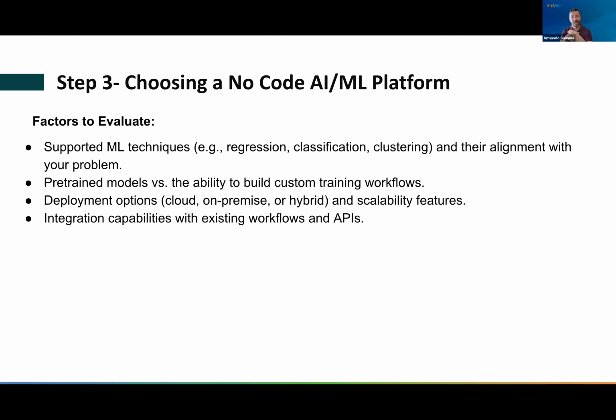So for example, Microsoft AI Builder, they already have a lot of pre-trained solutions for form processing. Google Cloud, they already have pre-built, pre-trained models for computer vision. But now there are other tools like DataRobot, SageMaker from Amazon, also Google Cloud, in which you can enable custom model building. So you can build your own model from scratch without needing coding.